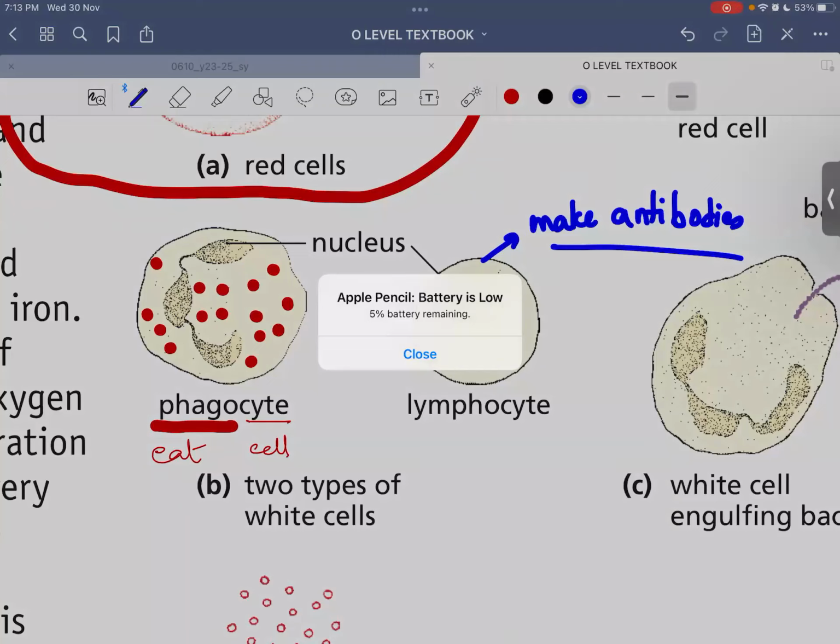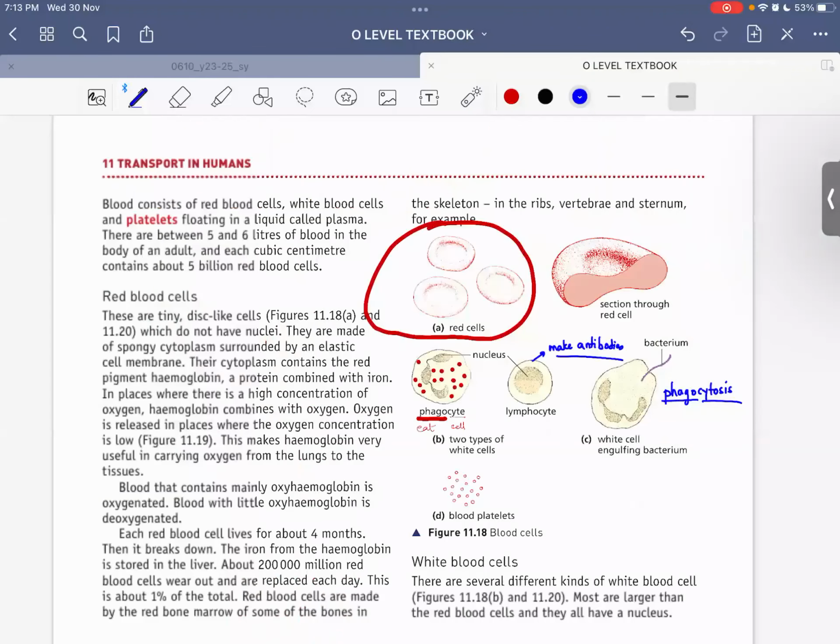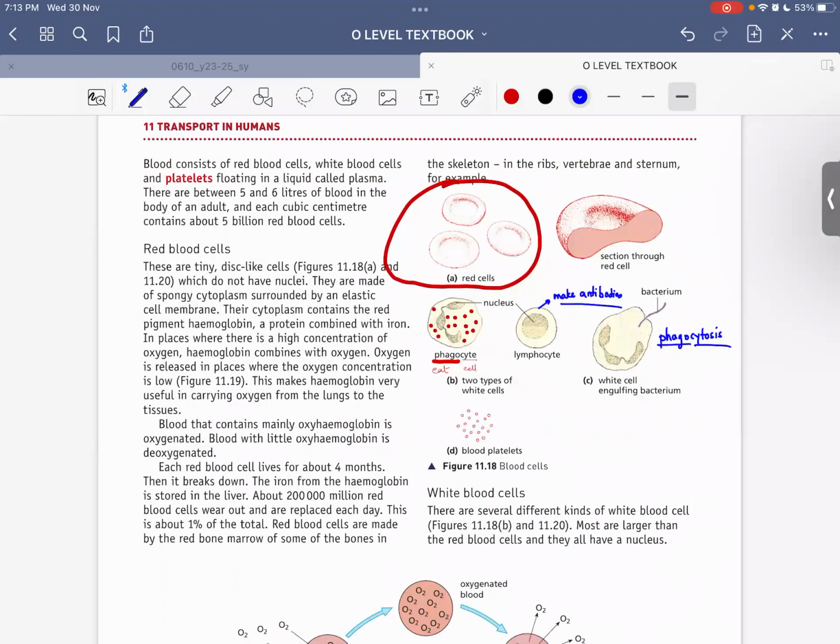So basically आपको blood के ये सारे components के नाम आने चाहिए. You should know what the blood is made up of. You should know the function of each type of cell of the blood, and you should also know the function of plasma. Now your job